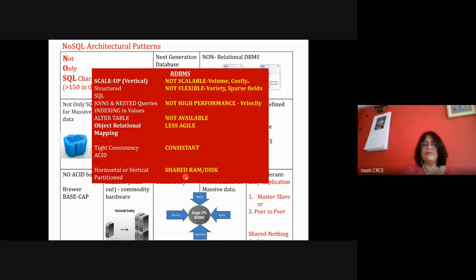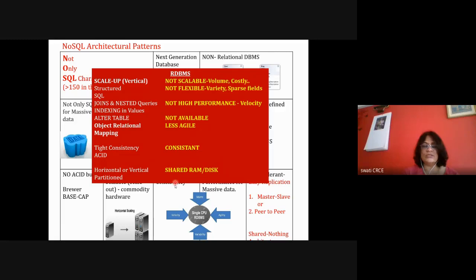Okay, and sharing of RAM, like some part of data is to be accessed. If shared disk or shared RAM is used, then the programming of a distributed system becomes complicated because of semaphores, race conditions, acquiring locks, everything will come here. But the advantage of RDBMS is tight consistency. In case of replication or whenever any transaction is happening, immediately the changes are reflected and everyone sees the same consistent view of the system.